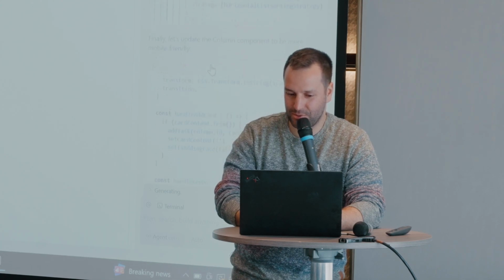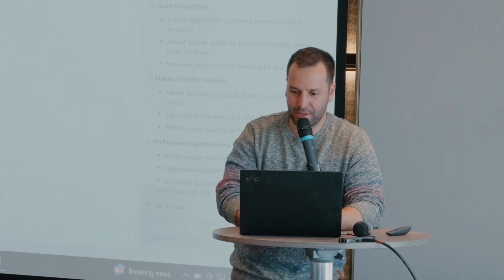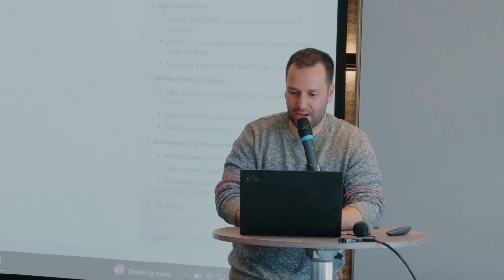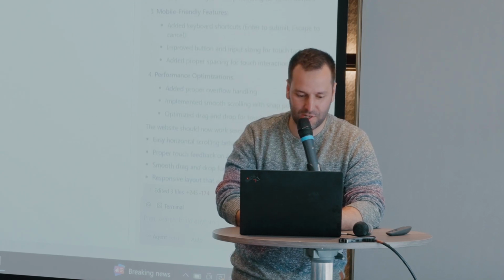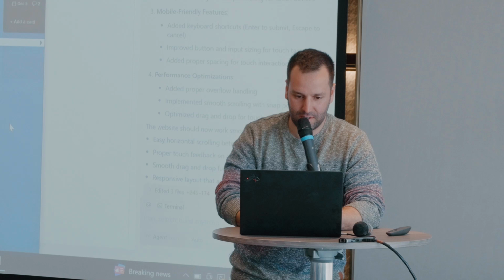Oh, it's even importing new dependencies, maybe some libraries that make the app work better on a phone. Okay, accept that. It says, I've made several improvements to make the website work perfectly on iPhone: responsive layout, touch interactions, mobile-friendly features, performance optimization. Amazing. Let's refresh.